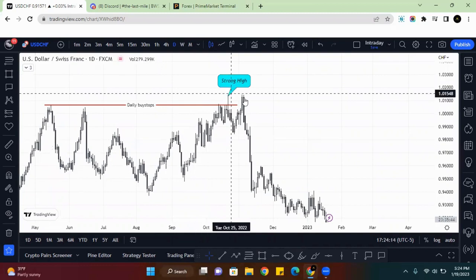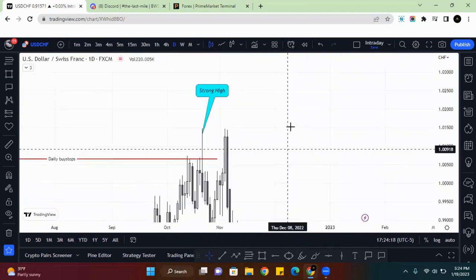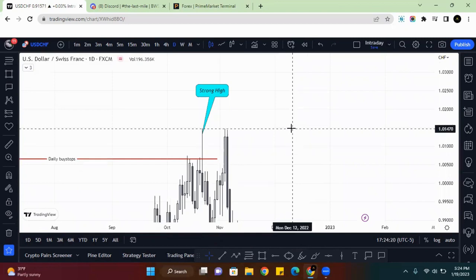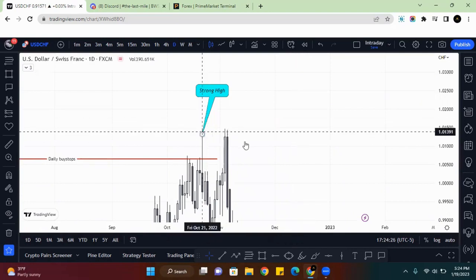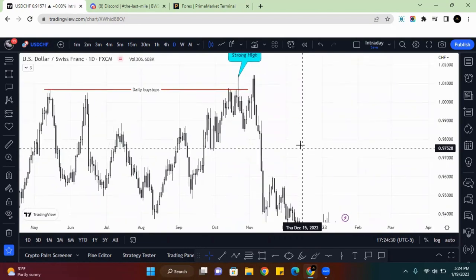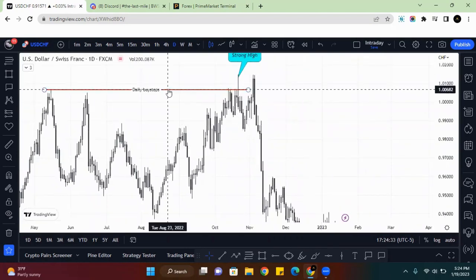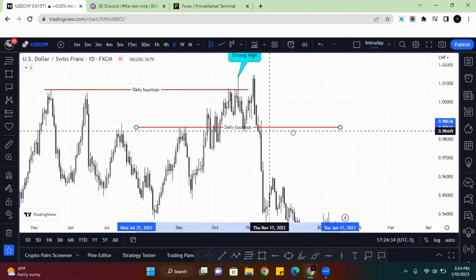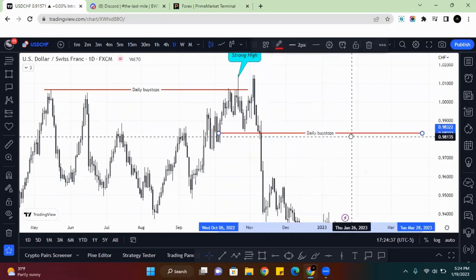Yeah, strong high created. Price did come back up and try to violate it, but I don't think it did. It sure did not. It technically created basically just equal highs right here, relative equal highs. You can see the wick didn't push above where this one was. So you had a strong high created, and then price started to chase some sell side after that, obviously, because if you take buy side, they have to grab some type of sell side after that, right?